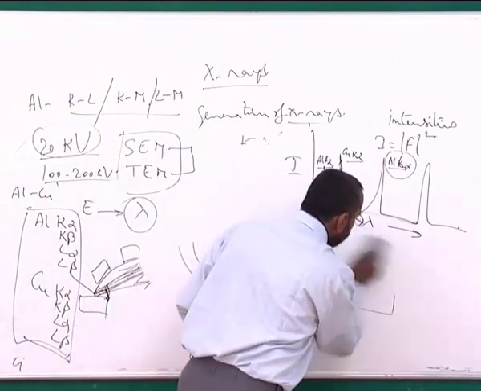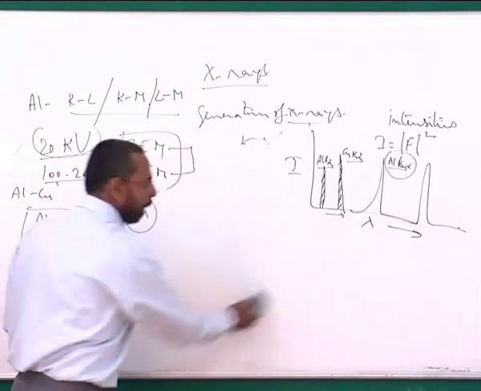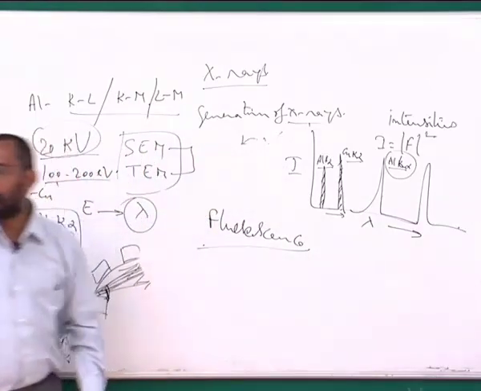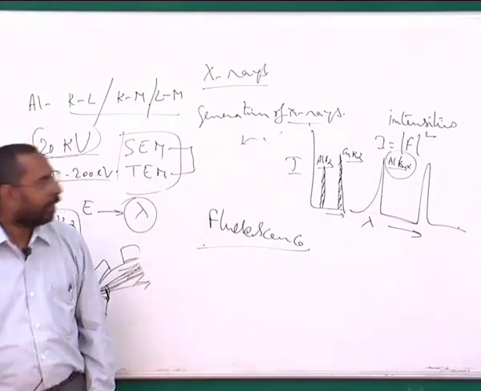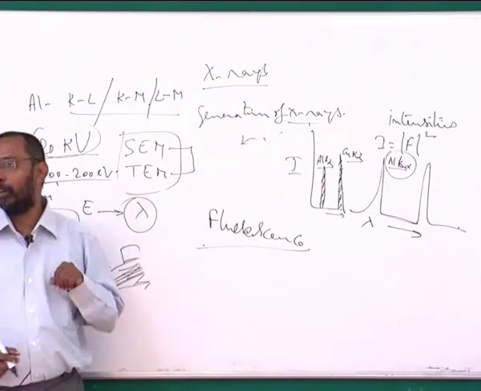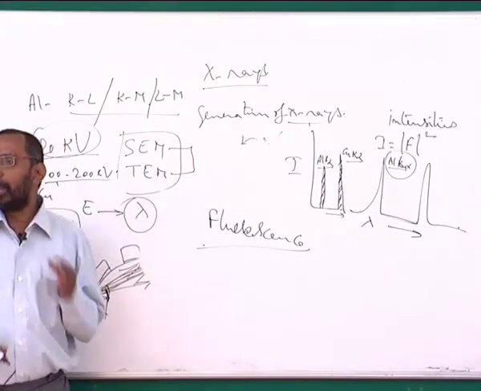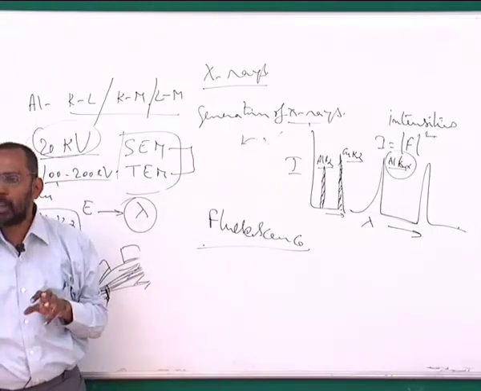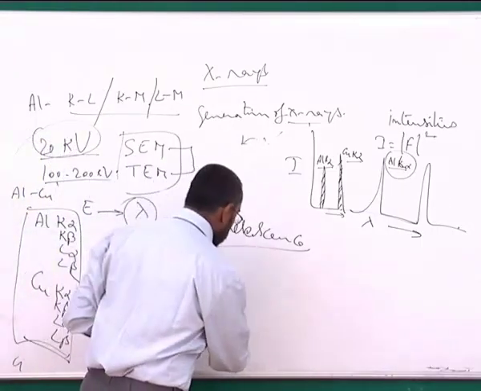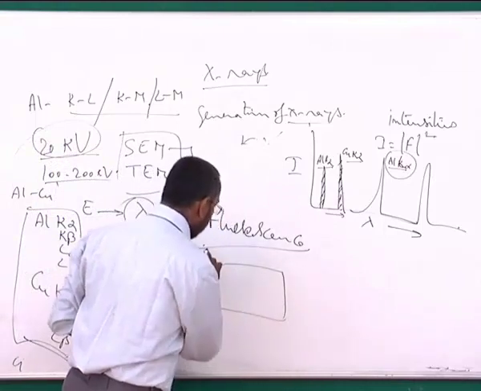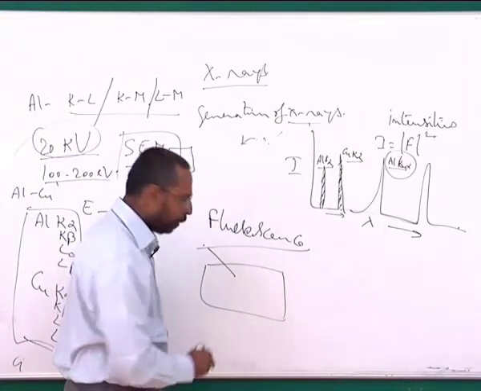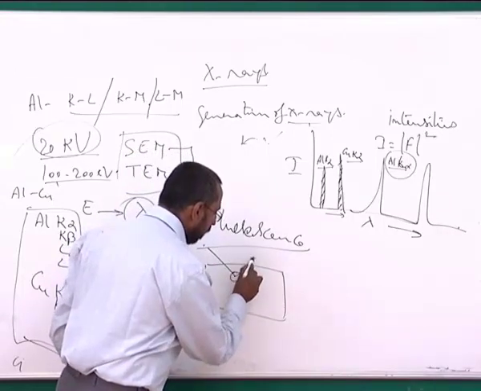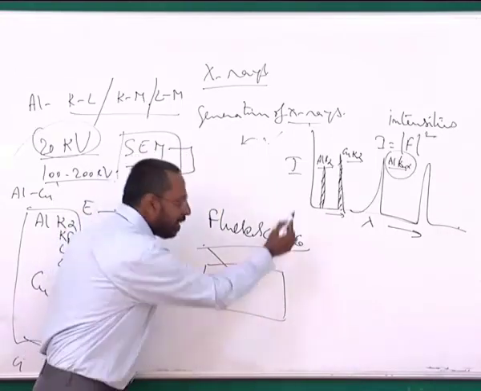Of course, there are also problems. What are the problems? Problems are associated with fluorescence, for example. So people have to do fluorescence corrections. For example, the X-rays that are coming out from this copper, you are assuming that these X-rays are all being collected by the detector. But it is possible that if I have a sample, the electron has fallen into it, and you have a particle which has aluminum and copper, and the X-rays are generated. Now the X-rays are coming out.